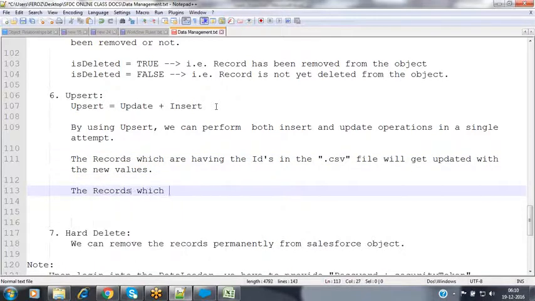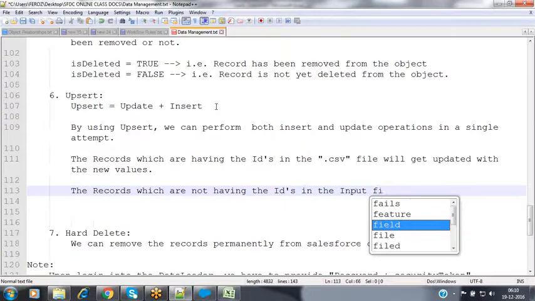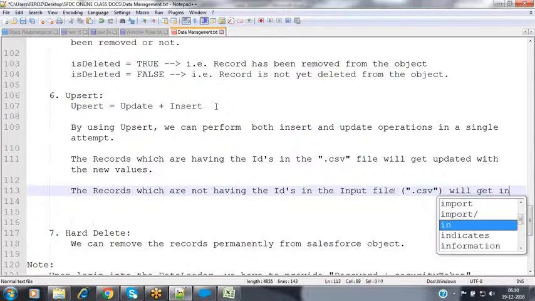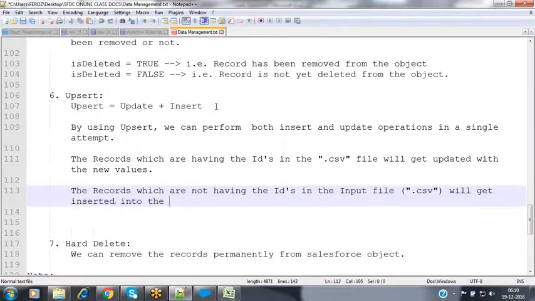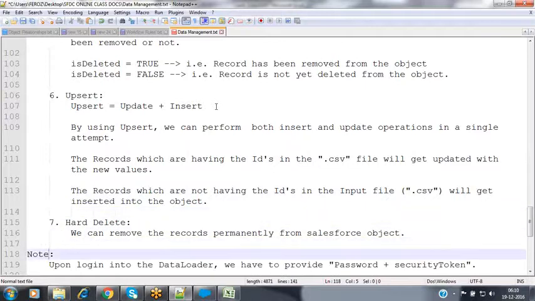The records which do not have IDs in the input .csv file will get inserted into the object. So based on the ID only, it identifies whether we need to insert the record or update that record. This is the way we perform the upsert operation inside our Salesforce instance.